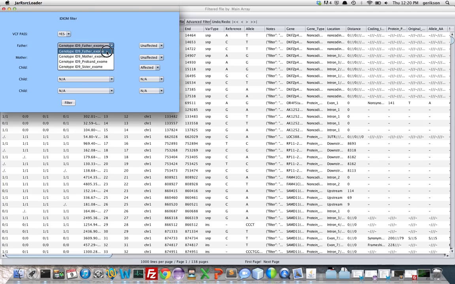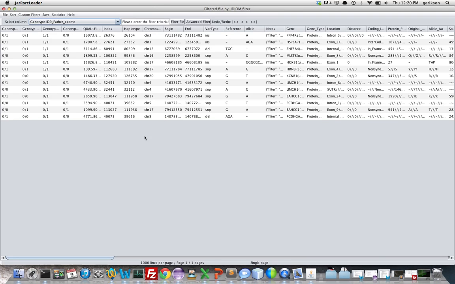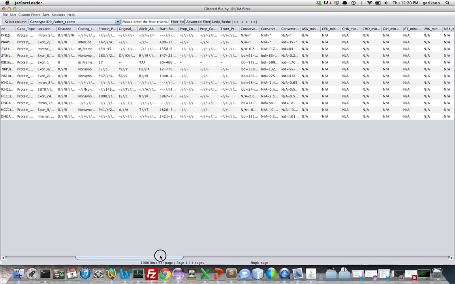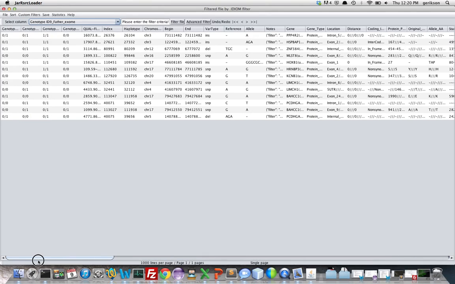So you press EDN: father is unaffected, mother is unaffected, proband is affected, and sister is unaffected. Filter. So you just see a handful of variants. We look here, none of them are categorized with Adviser scores, so there is no prior knowledge about any of these variants. There are some homozygous, some compound heterozygous, and the variant that, after our analysis, we came to the conclusion